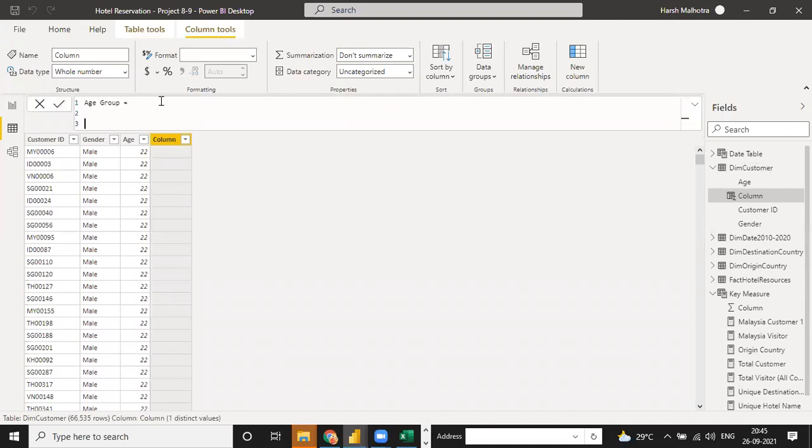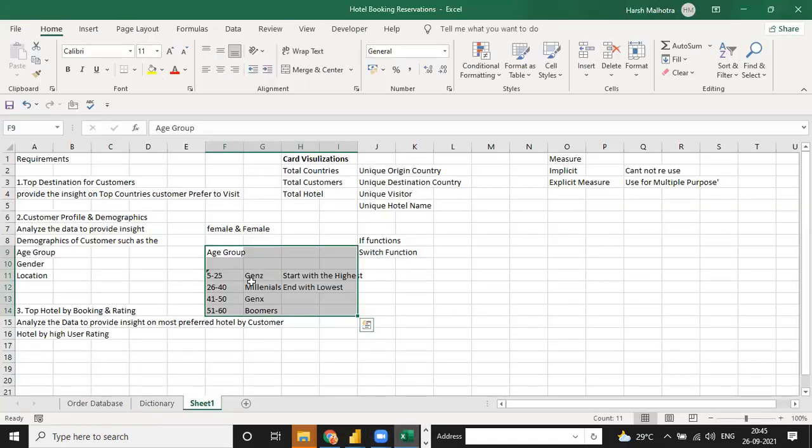See, in Excel we can write an IF function. Same way you can write logical test. Logical test means if the DimCustomer table age column is greater than or equal to 51, then we need boomers. Starting with the highest, 51, greater than or equal to, then we need boomers.